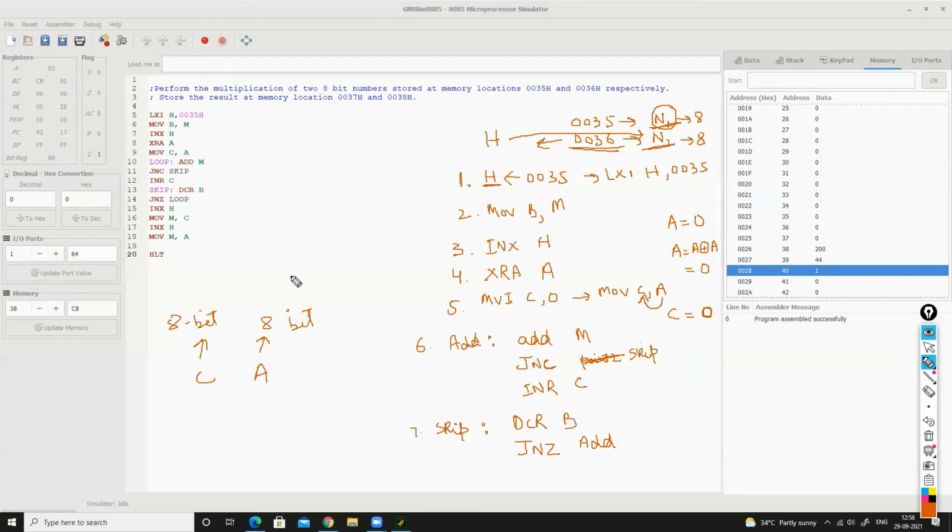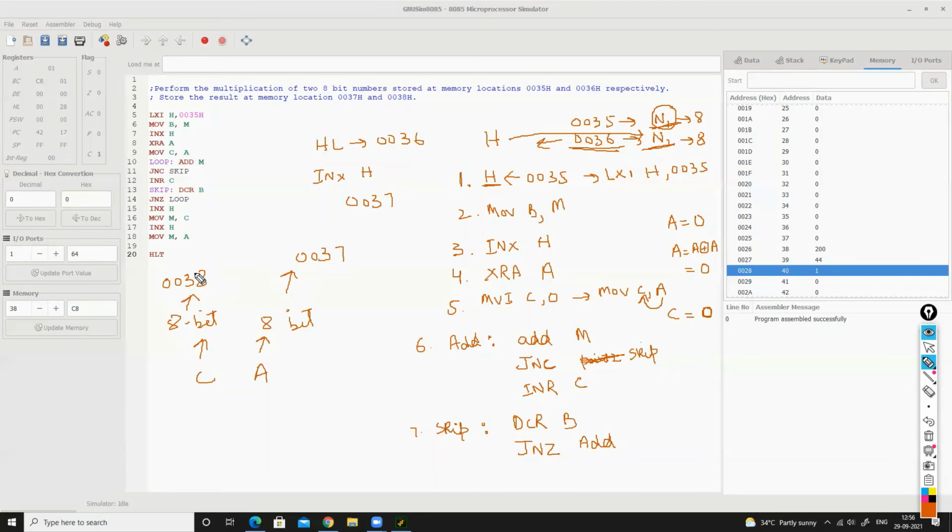Now we have to store this portion at memory location 0037 and this at 0038. Our HL register pair at this point contains 0036. We will do increment H, so now it contains 0037.